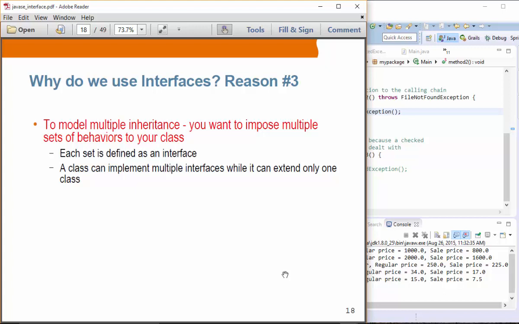In Java, you cannot have more than a single parent. In other words, there is no multi-inheritance supported in Java for a good reason. However, if you need to have multiple behaviors, then you can use multiple interfaces. Each set is defined as an interface, and a class can implement multiple interfaces while it can extend